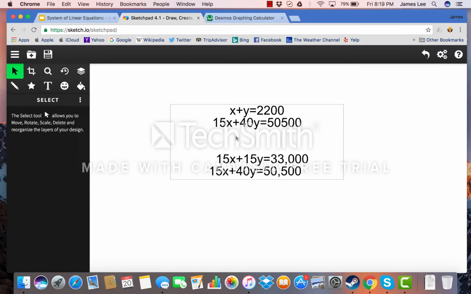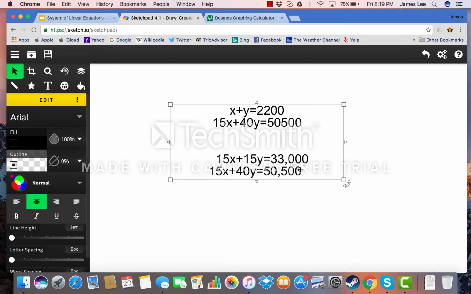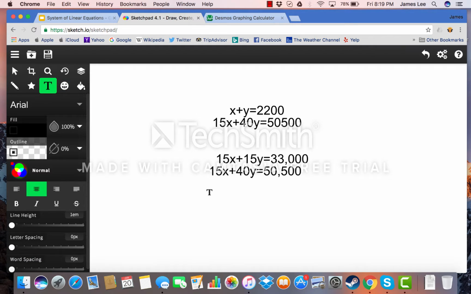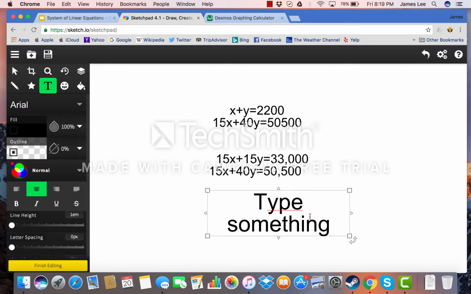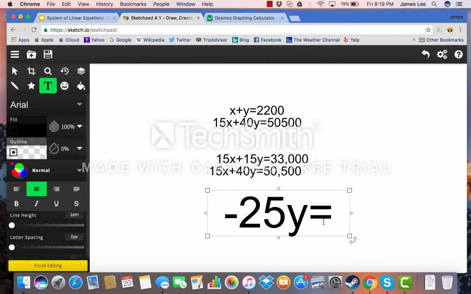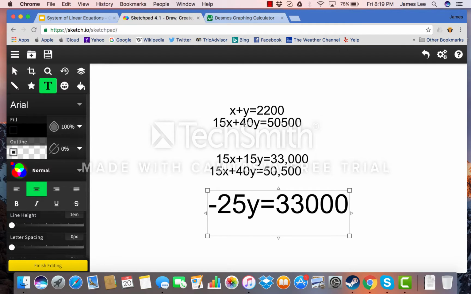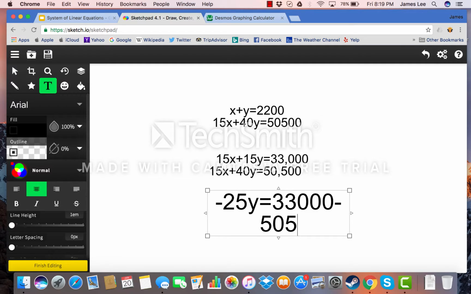So I multiply 15 to the first equation, so I can get 15x plus 15y equals $33,000. And we set it next to 15x plus 40y equals 50,500. By subtracting those, because the 15x's cancel out, we will only be left with y. So we will have 25y equals 33,000 minus 50,500, which is roughly about,